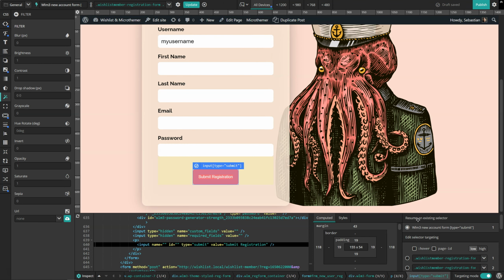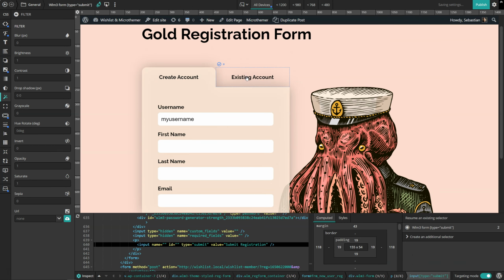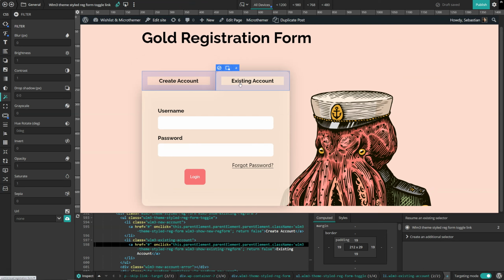It's often easier to jump to, say, an option that targets 2. We can't see it because it's out of view, but we just know there's another login form, which this will probably target. So if I update that, and then we go to the existing login form,